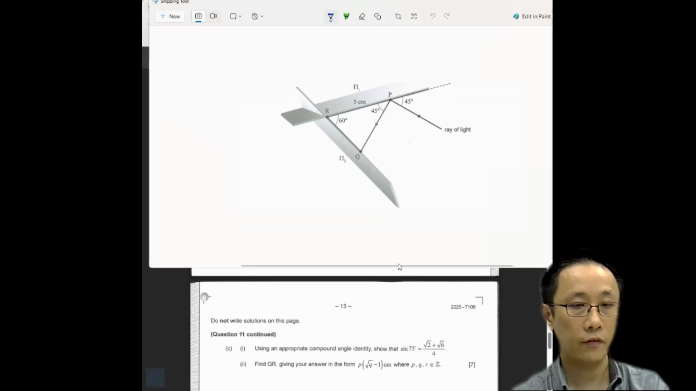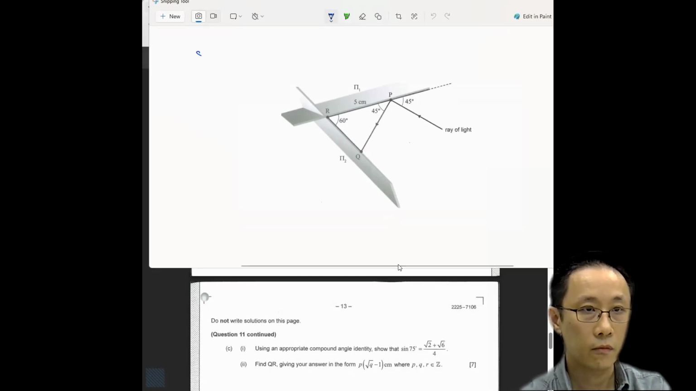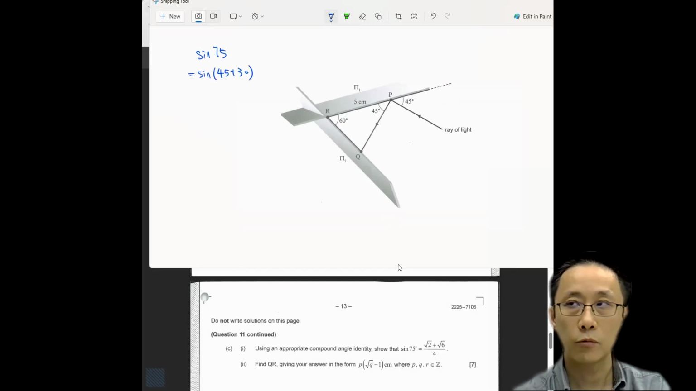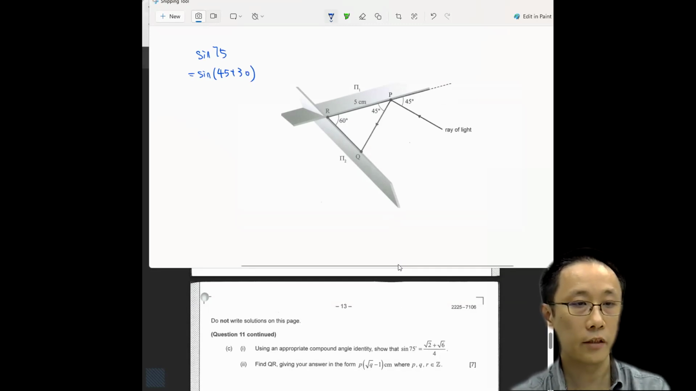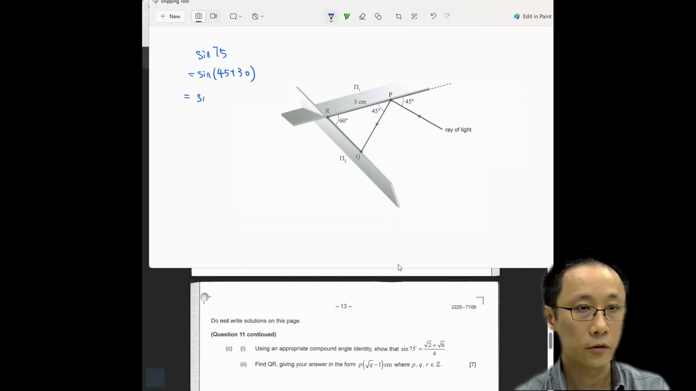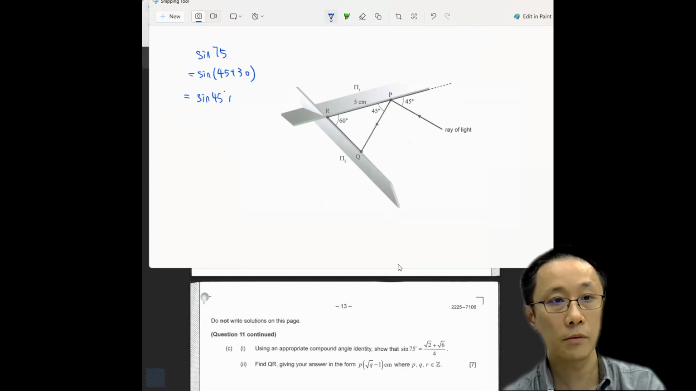So sine 75 can be written as sine 45 plus 30. 120 minus 45 also works, but I think adding two smaller angles is more straightforward. So using the sine compound angle identity, which I hope you guys have memorized, even though it is in the formula book,